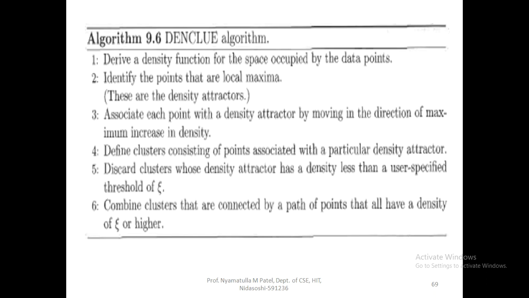Then define a cluster associated with a particular density attractor, making one cluster, and discard the cluster whose density attractor has a density less than a user specified threshold eta. So, if a cluster has a value less than the user defined threshold density value, those clusters will be eliminated. Then combine clusters that are connected by a path of points that all have a density of